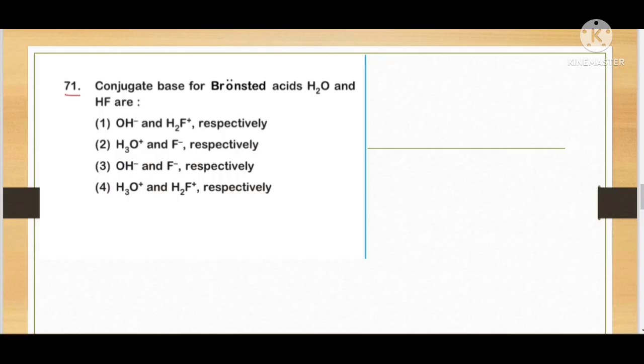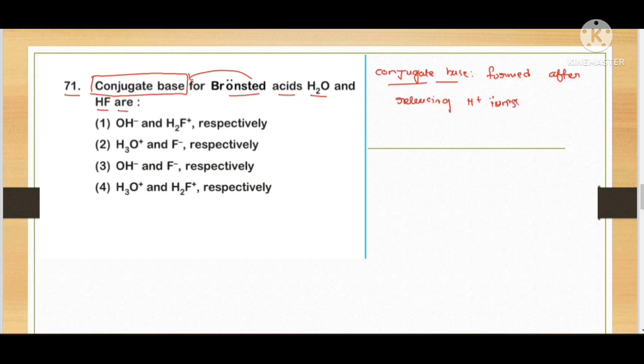Now let us discuss question 71. The conjugate bases for Bronsted acids H2O and HF are: here they ask for the conjugate bases for Bronsted acids. Now let us try to understand what we mean by conjugate base. Here, a conjugate base is formed after releasing H plus ions from